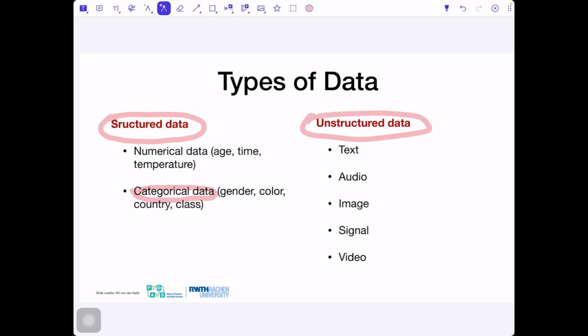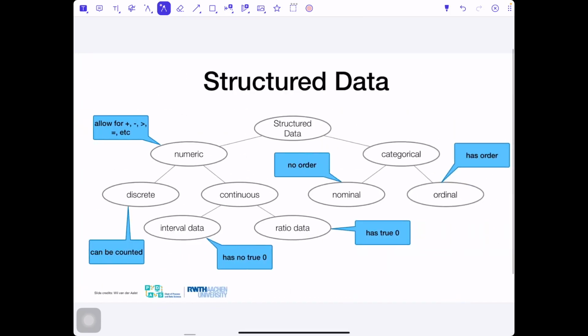The unstructured data is everything that we cannot put in a table: text, video, audio, image, signal, and so on. Let's look closely at the structural data, because in this course we will focus mostly on the structural data. Because if you do the analysis of text or images, the principles of this analysis will be very similar. Now, if we zoom into structural data, we can see this type of taxonomy,